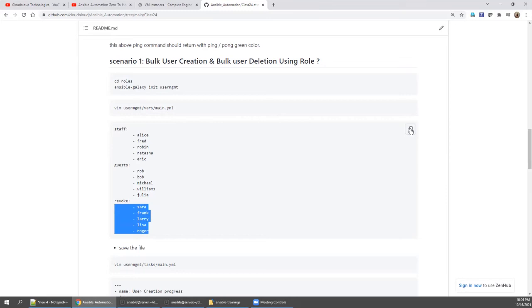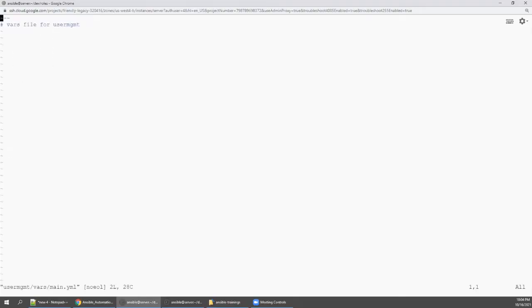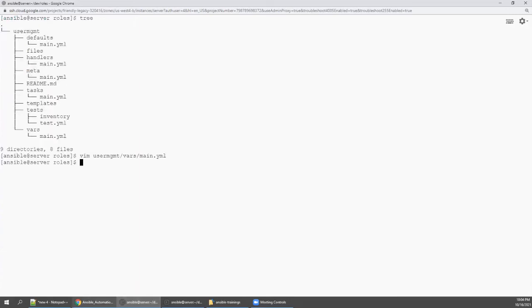So I'm going to copy this user management vars main.yaml, enter it, clear this, go to insert mode and paste it. Let's save this file and come out.